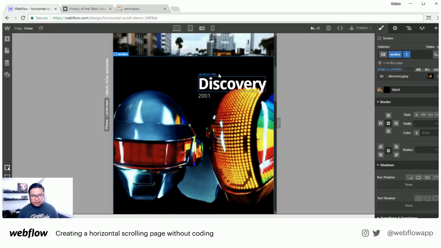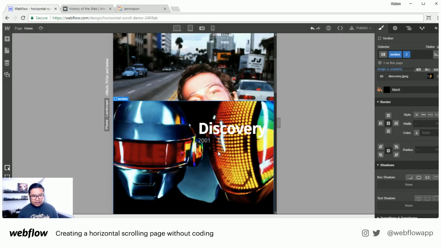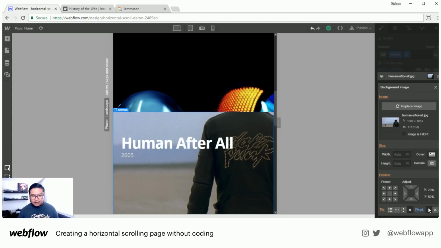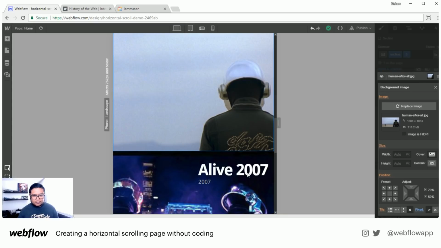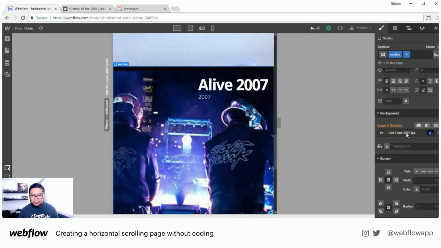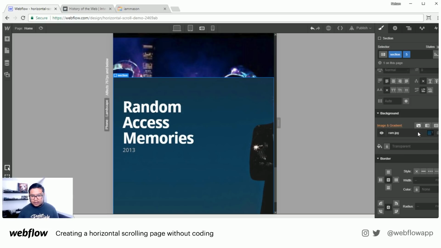Oh, we're going to have to fix some of the stuff. So it's a more neat effect. This section here, I'm going to set to fixed. This section here. And lastly,